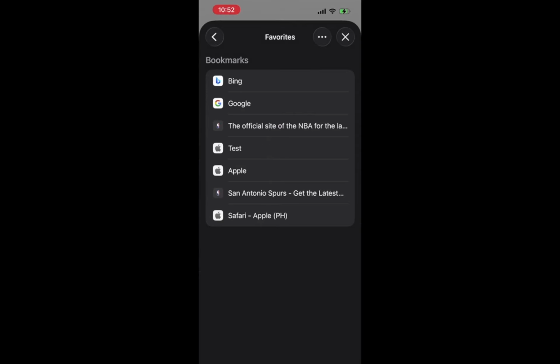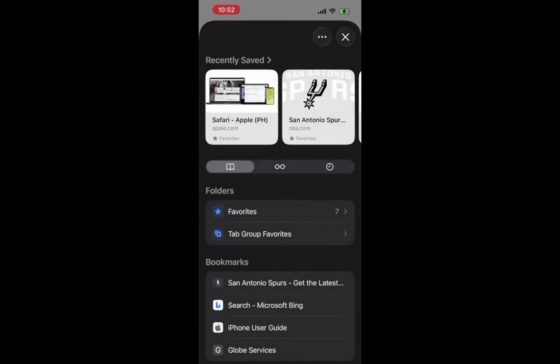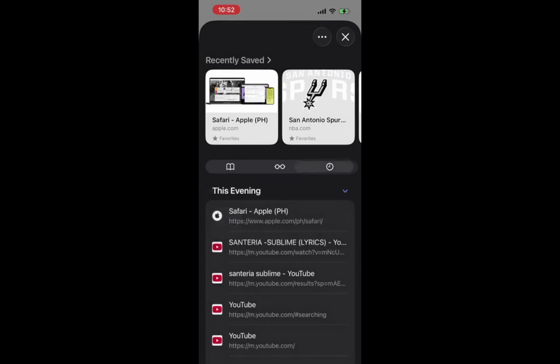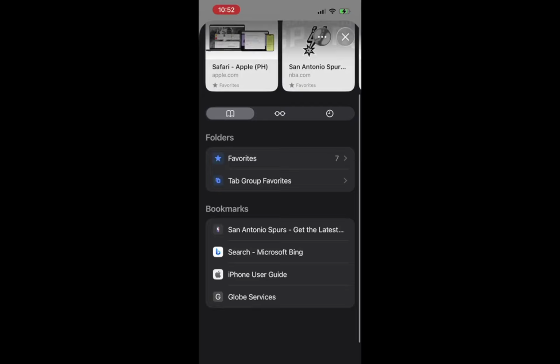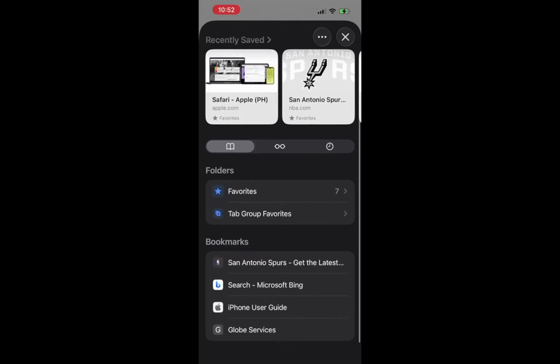Now, you may need to tap Bookmarks again if it does not automatically show your bookmark list. Sometimes the app might open to a different view like reading lists or shared links. By tapping Bookmarks, you ensure that you are in the correct section where all your saved links are stored. This is an important step in the reordering process, as it directs you to the specific bookmarks that you want to manage.